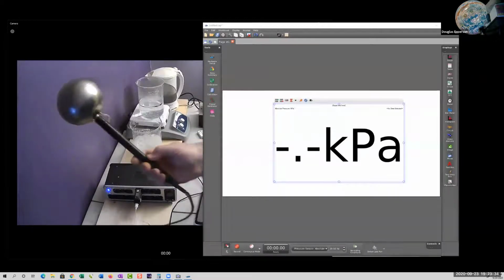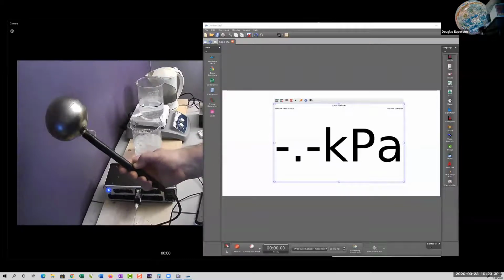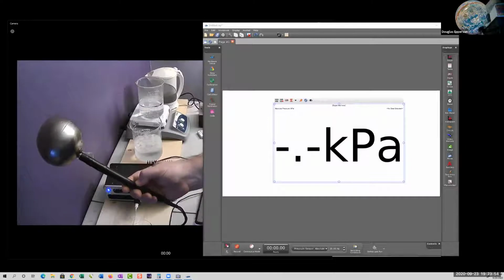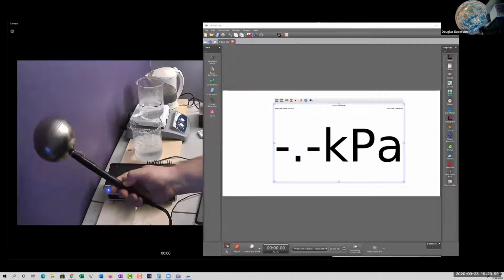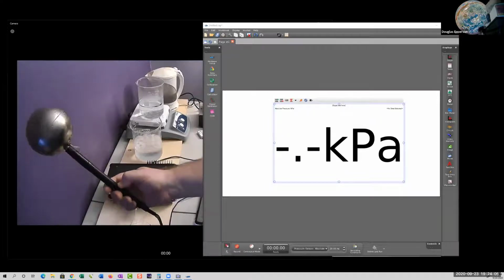Okay, got it. This is a solid sphere, and it's a fixed volume. So we're going to hold a fixed volume of gas, and we're going to measure. We're going to go with 2 data points. We're going to draw 3 graphs, but each with only 2 data points. We're going to have a data point at 0 degrees Celsius and a data point at 100 degrees Celsius. And we're going to measure the pressure.